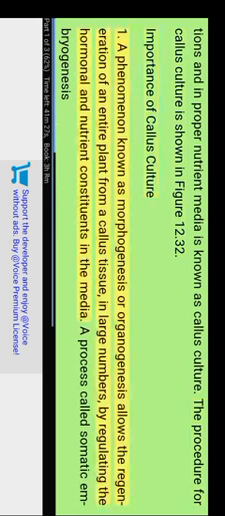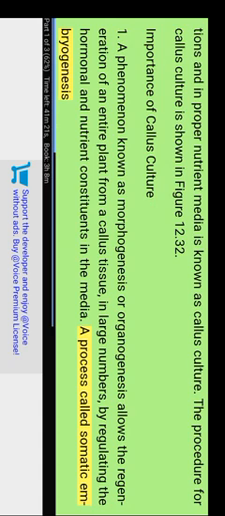Importance of callus culture. 1. A phenomenon known as morphogenesis or organogenesis allows the regeneration of an entire plant from a callus tissue, in large numbers, by regulating the hormonal and nutrient constituents in the media. A process called somatic embryogenesis